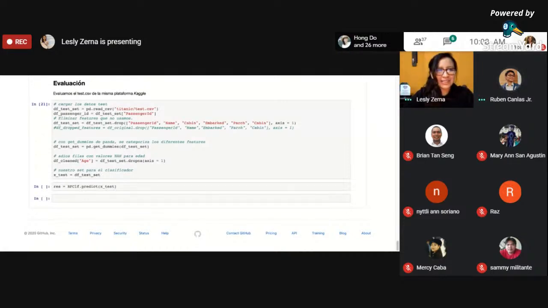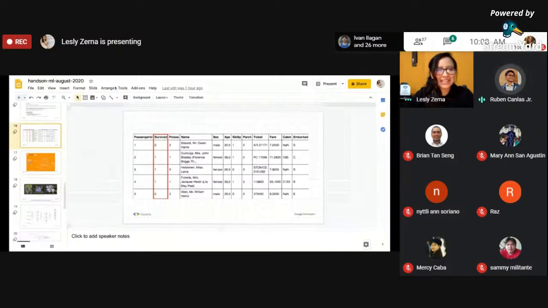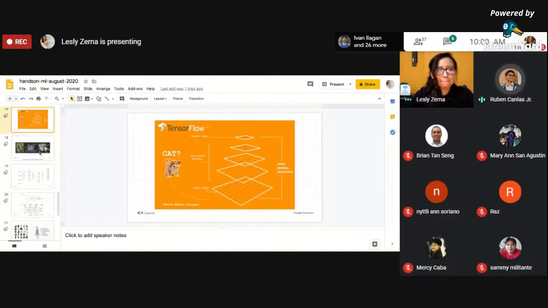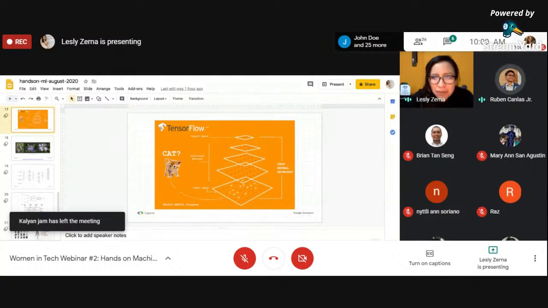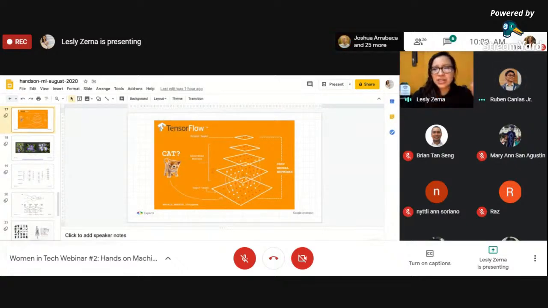Leslie, would it be possible to show us an example of the decision tree that it generates? Yeah, you want me to show an example of a decision tree? Yeah, so we can visualize it. Oh yeah. Actually, I should show you this one, which is a